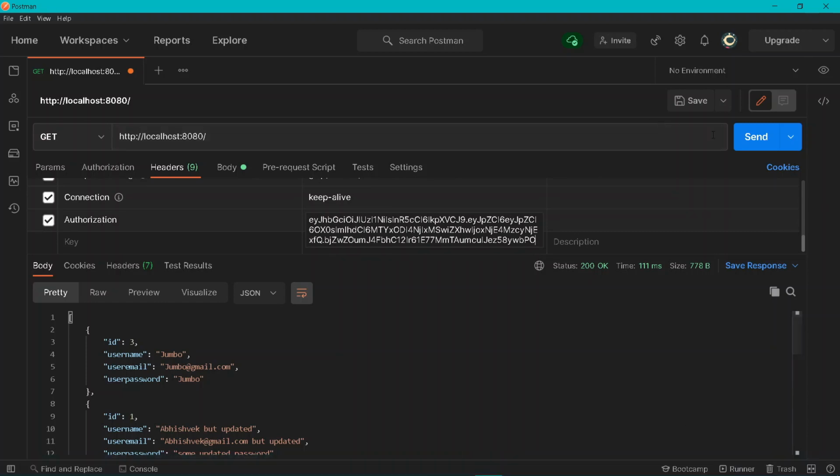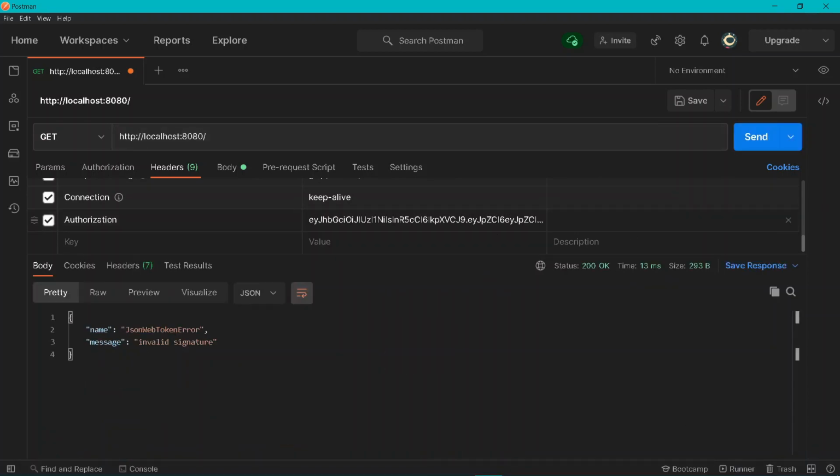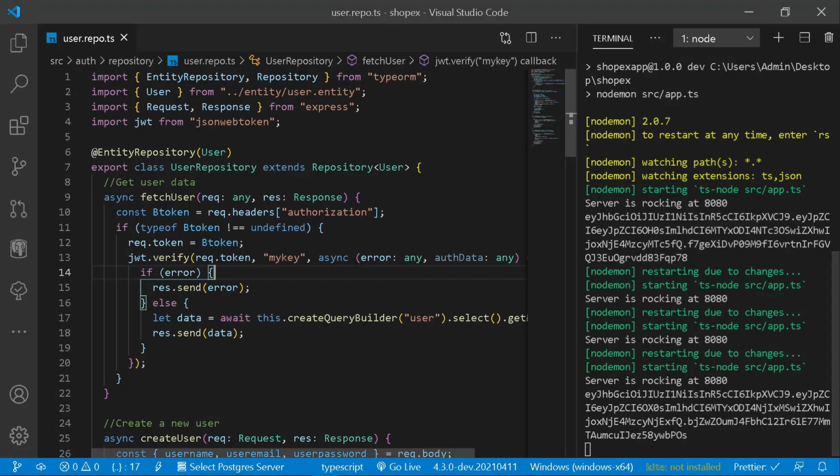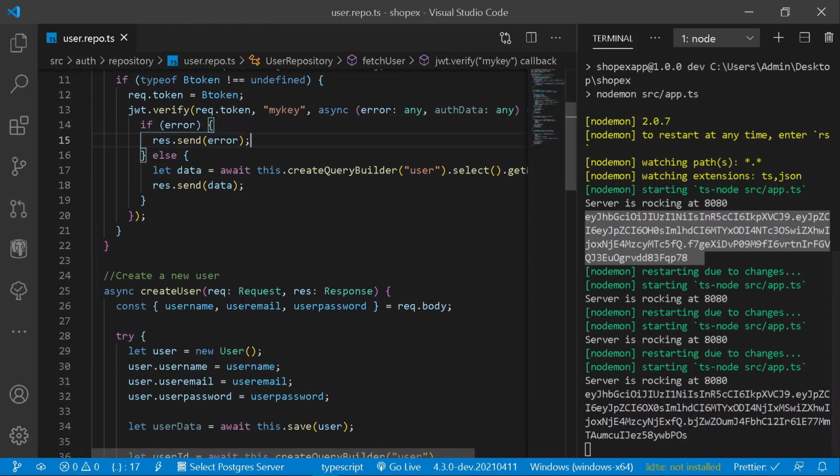And if I remove the S from this side and send a get request, I will be getting an error because the token is not defined. Easy as that. And now after adding S, let's send a get request and we will be getting our data back. So this is the magic of JSON web token, that we should be authorizing our entire user with the help of this token. And the